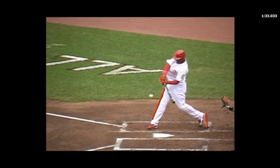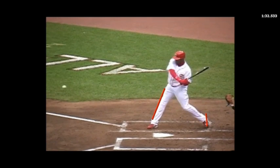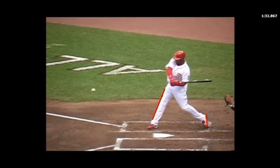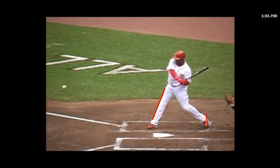So you can see that 8 different guys all have different stances, different negative moves or loads, but they all go through the same process. They get off the back foot, onto the front foot, rotate the hips before the shoulders,